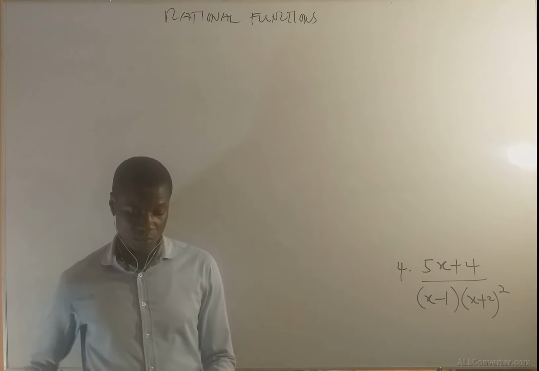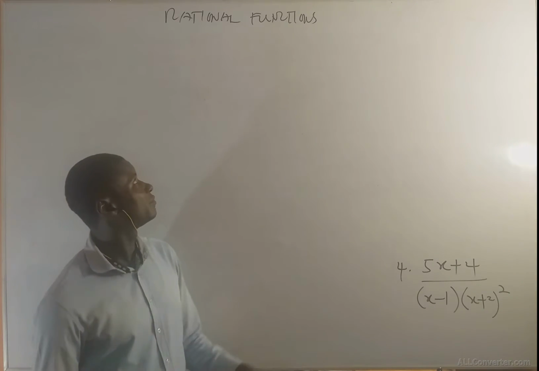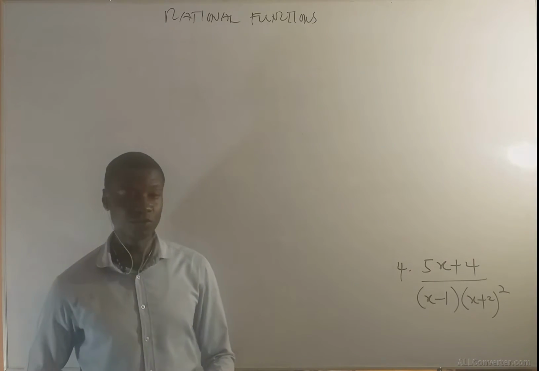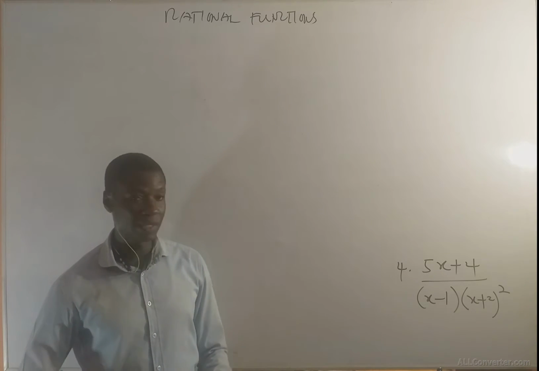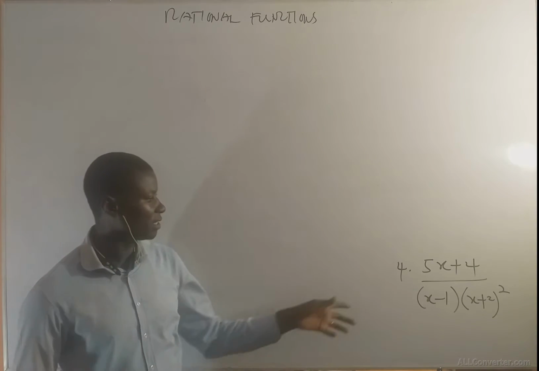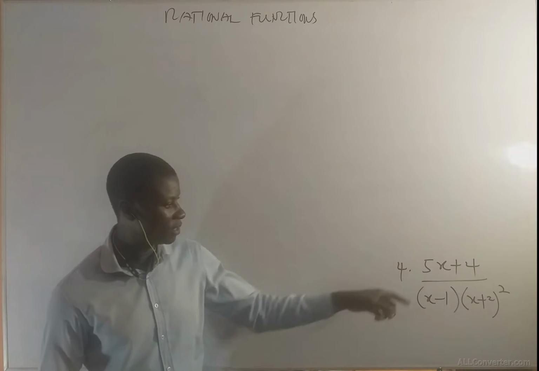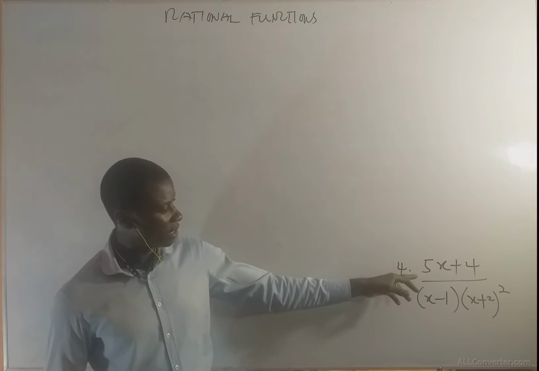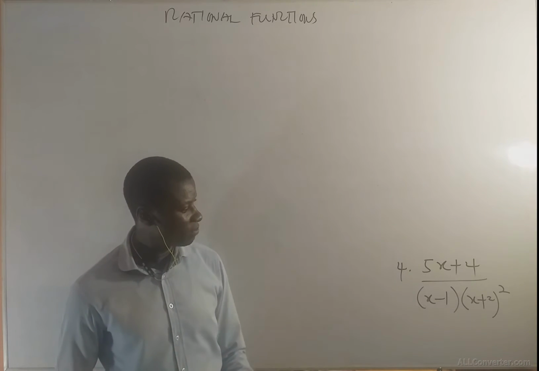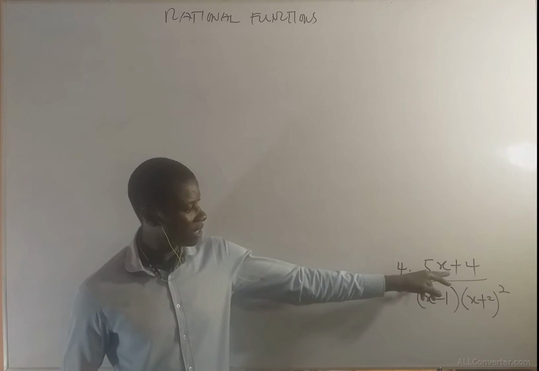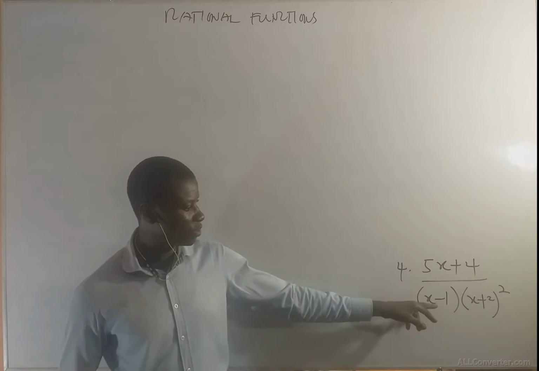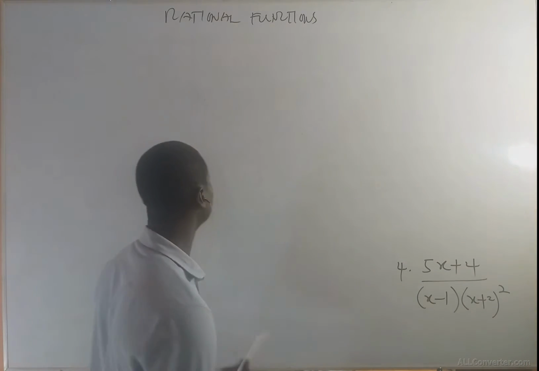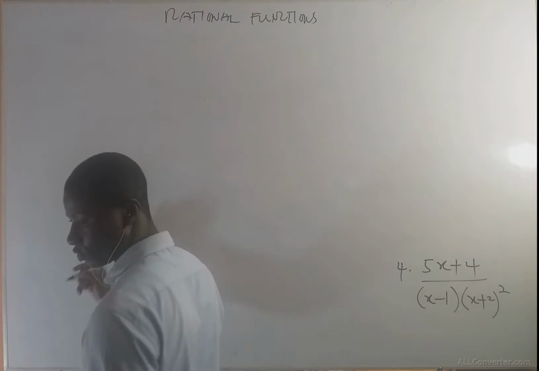On this episode, we are going to look at a continuation of part 4 of the rational functions. If you remember, in our test presentation on rational functions, we were solving some questions and we were left with the fourth question. And we were asked to simplify this in partial fraction. That is 5x plus 4 over x minus 1, x plus 2 all squared. So, in trying to solve this problem,